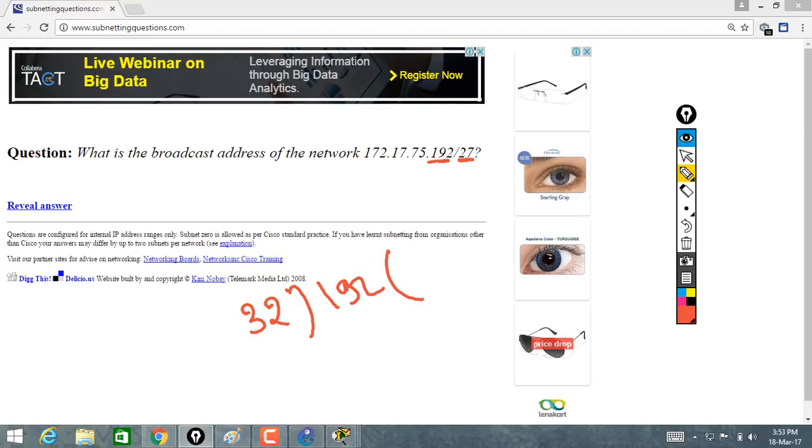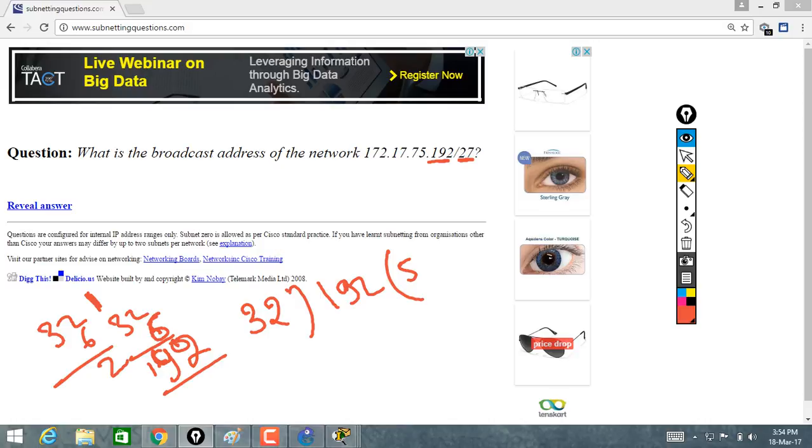You can directly divide it. 32 times 5 is 160, and if we divide by 6, 32 times 6 is 192, and we are getting exactly 192. So definitely this is the network ID,